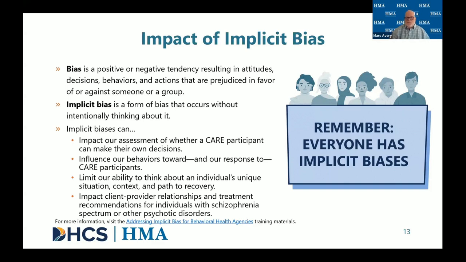Implicit bias is one form of bias that occurs unconsciously. So for example, let's say I move to a new area and I only seek out those who look like me to learn more about the area. I might not be consciously aware that I'm doing this, but I might just not ask for everybody's input when I do that. That would, of course, lead to a biased perspective of what that new area is for me. And so that whole process happened unconsciously, and I was unaware of it.